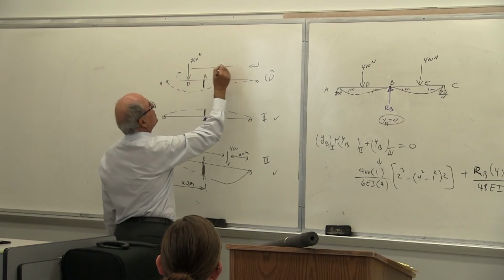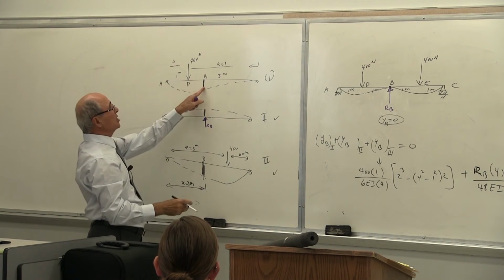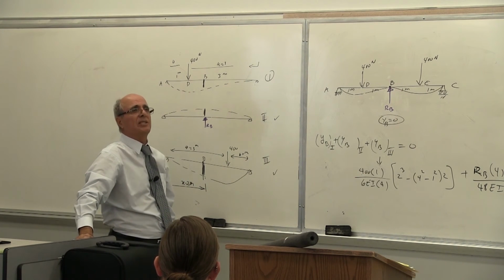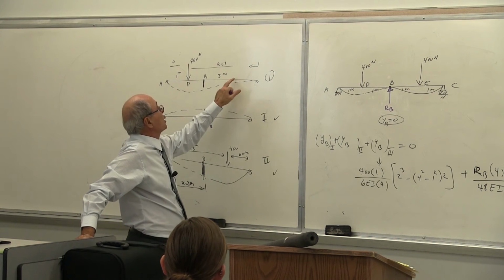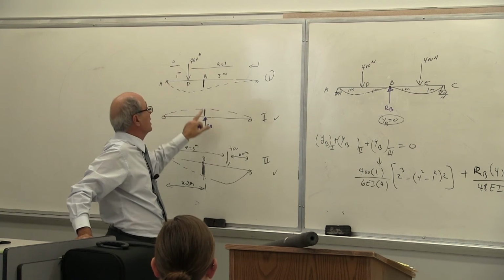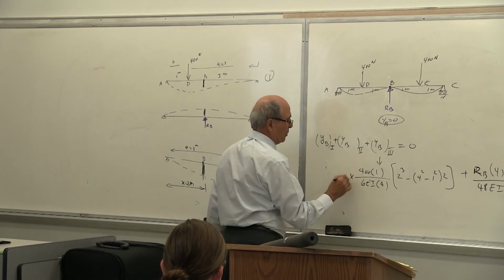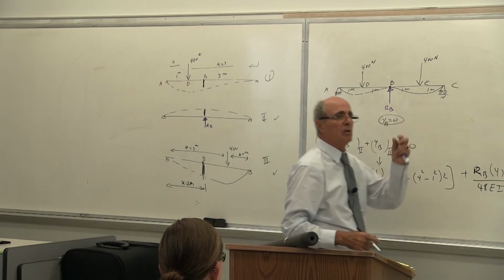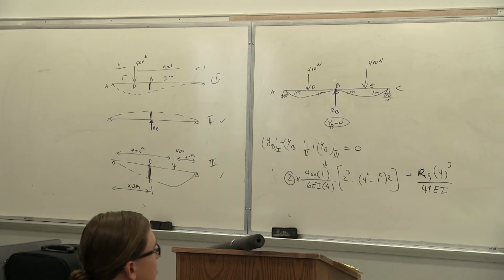So A becomes 3, B becomes 1. So I have to look at that. However, since this is at the middle, it doesn't make any difference. Is that correct or not? Yes? Because this is equal to that. If it was here, then it would have been a different story. I have to add 2 different numbers together. Since at the middle it is the same, all you have to do is multiply that by 2 in this problem. Notice, if there was any other location, you have to change that. Is that correct or not?